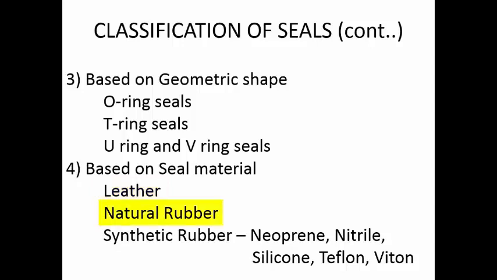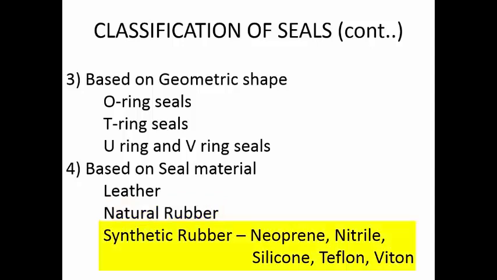The next type of seal is natural rubber. Natural rubber is rubber without any additives. Again, these were the earliest type of seals, used at the beginning of hydraulic implementation. Whenever hydraulic systems were created at that time, they didn't find any alternative materials, so they went for leather and natural rubber. Whenever the pressure of the system began to increase, the natural rubber was not able to handle the pressure. So they began improving the properties of the natural rubber.